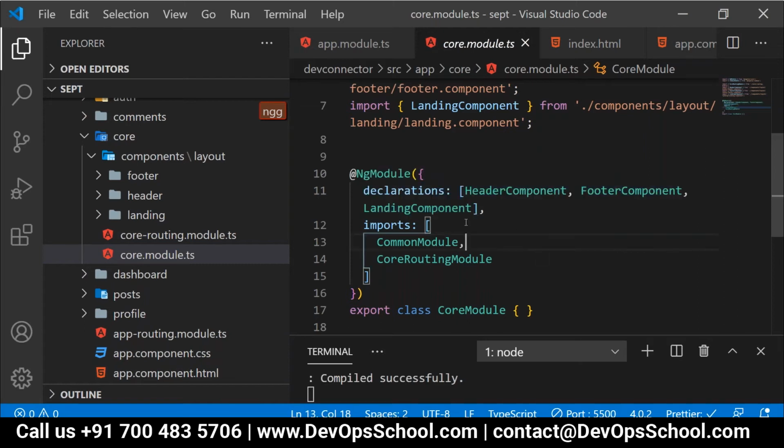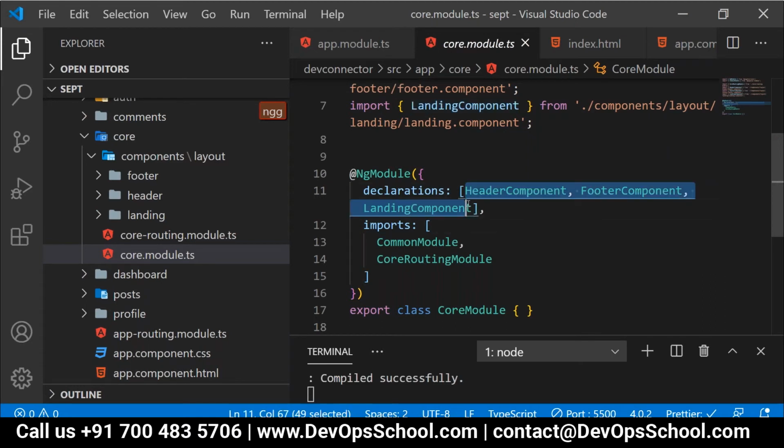That update was happening inside the declarations. It is going to add the entry of the newly created component by default over here.